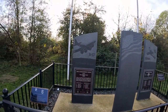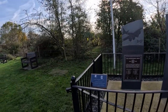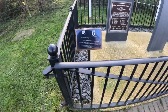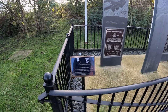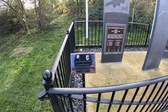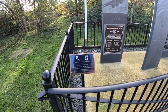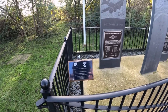So if you come here, viewers, especially from America, Australia, then check this out. This is your heritage. And this one says, the memory plaque is dedicated in the memory of Mr. J.K. Canning, Royal British Legion. I'm wearing the poppy badge today, so that's fitting. Mr. Joe Quaid, Mr. Don Lasson, Mr. Ed Surge, and all members of the United States 17th Airborne Association, who commissioned the first memorial erected December 1944 to